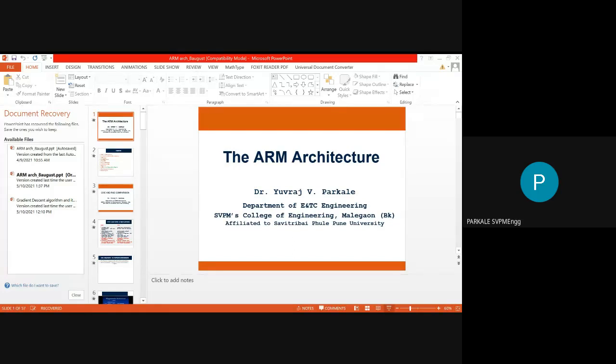Now, the second part that we have seen, that is Von-Neumann and Harvard architecture. These are nothing but bus architectures. There are two types of buses we have: one is called program and another is called data. In any processor or microcontroller, there are two types of memories: one is called program memory and another is called data memory. Program memory contains the instructions and data memory contains the variables. So that is also something you have to remember, that is, what is the use of program memory and what is the use of data memory.